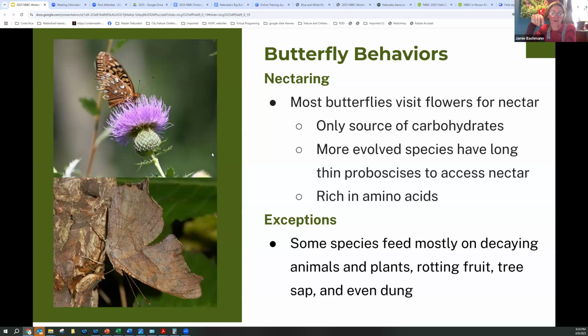Something that I found really interesting is that at the tip of the proboscis, there's a dorsal and a ventral side, and it's sponge-like, and this allows butterflies to access more variety of resources for their food source. They are able to not just get the nectar, they are able to use rotting food and plants and even dung. So cool.